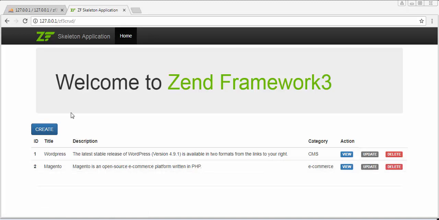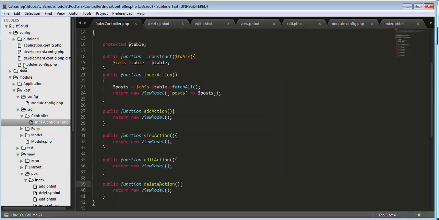Right now we have only 2 records in my table, and now let us work on creating a form. For that we need to go to our editor, and before that I just want to tell you one thing,